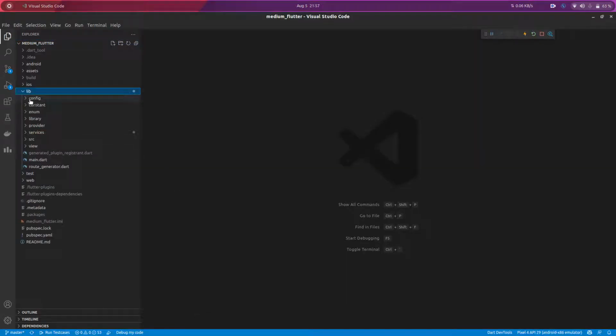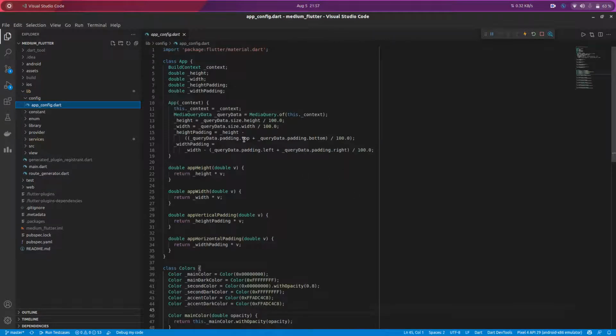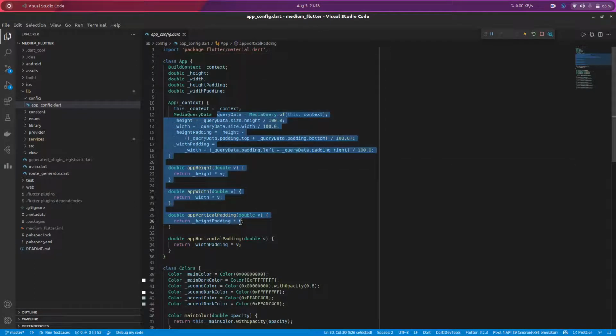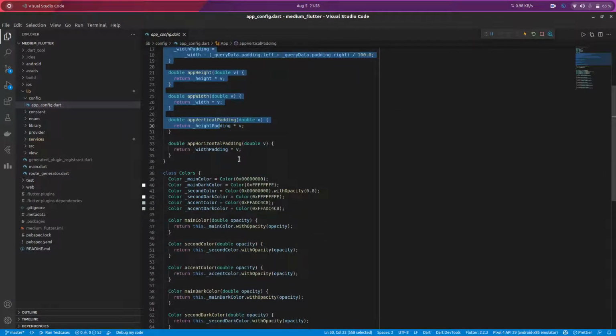So here is the lib folder, which contains all the code that will be required for this project. Here I have used some of the best practices. As you can see, I have this app config file. This app config file just takes our build context, our mobile height, width, and padding, so that we can get a responsive web application, Android application, and iOS application. We could also use pixels, but that does not help with responsiveness. But if we get the height, width, and padding for every screen, then we can design a responsive layout for all mobiles and give a better user experience.